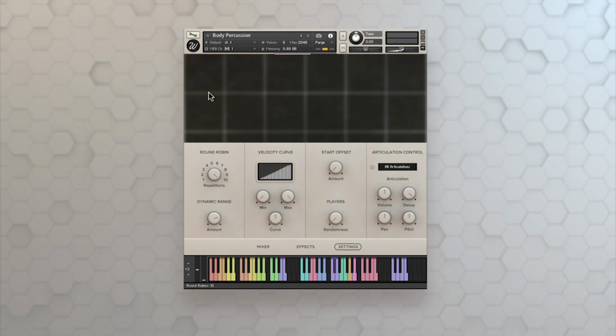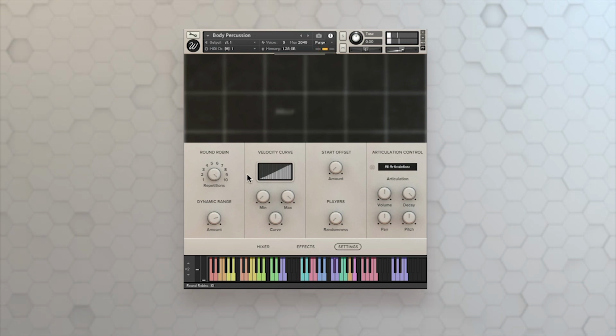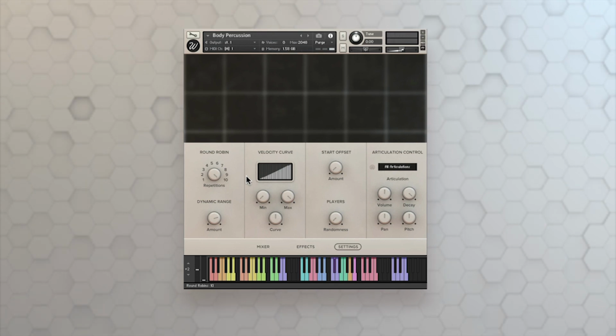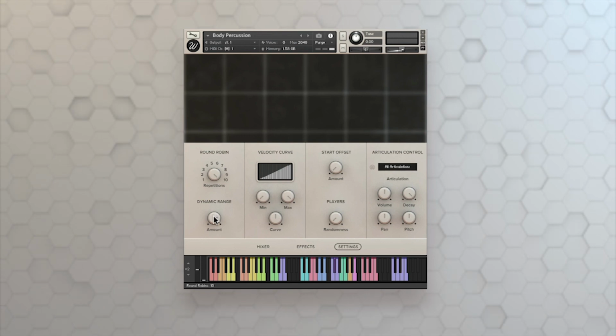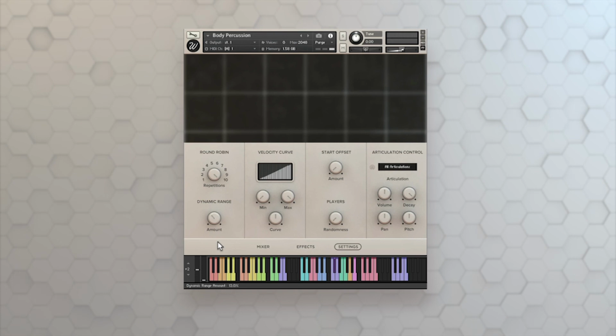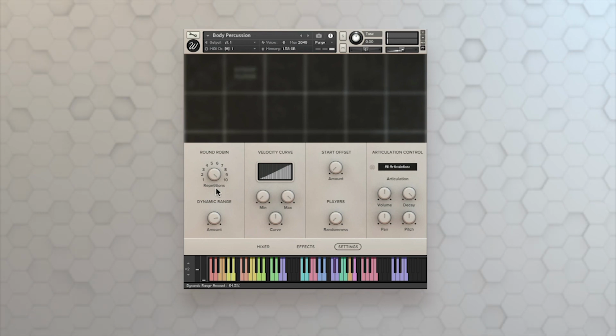But if I put in 10, you've got a real diversion in the way that it plays. And it really simulates it being much more human, much more realistic. The dynamic range controls how loud or soft those samples are going to be able to get. So as I ratchet that down, I can keep it very small, where I'm close to the full dynamic range the whole time, or turn it up to allow for some softer